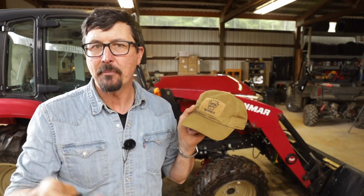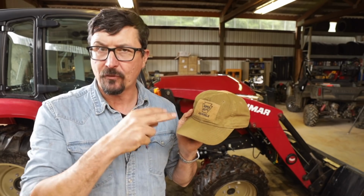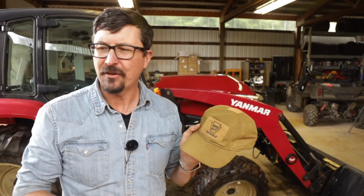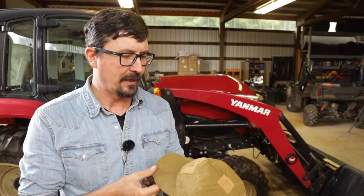So if you know where to source these, and don't comment if you don't know what you're talking about, but if you're in that business or you know someone that can offer the hat, embroider it, as well as drop ship it, and also someone that can make these cool little Velcro patches that you can change around, we could do fun things with the channel. I'd like to do that. So contact me,